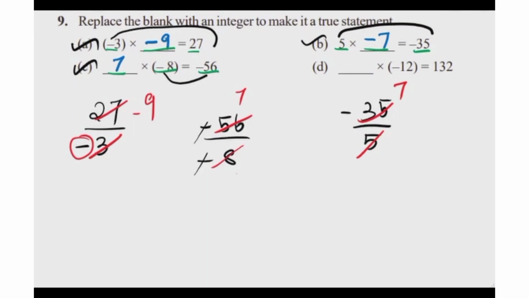Now we can move on to the last division, that is D bit. Dash multiplied by minus 12 is equal to 132. If I bring this minus 12 to this side, I'll get division, right? So 132 divided by minus 12. I can cancel here: 12 ones are 12, 12 elevens are 132, right? So my answer here is minus 11. You can just multiply and see: minus 11 and minus 12, you will get the answer as 132. So our answer is correct.